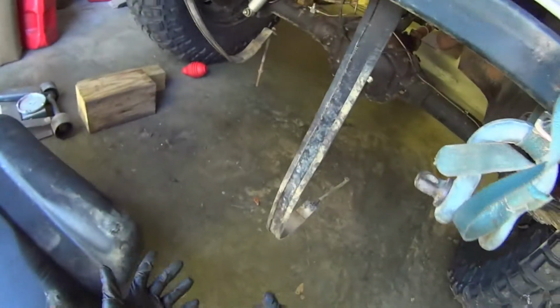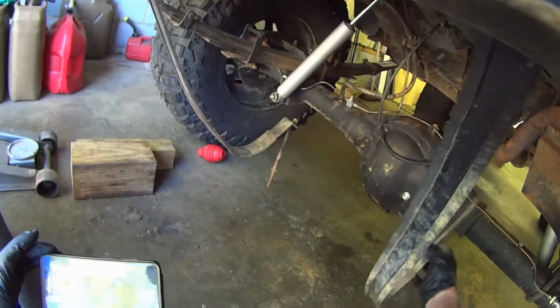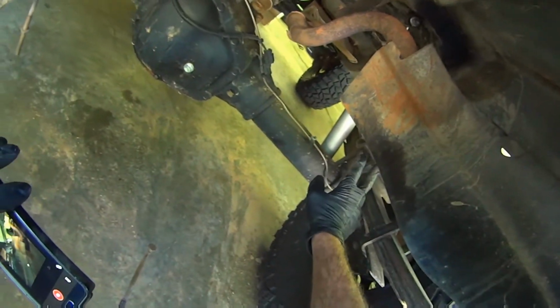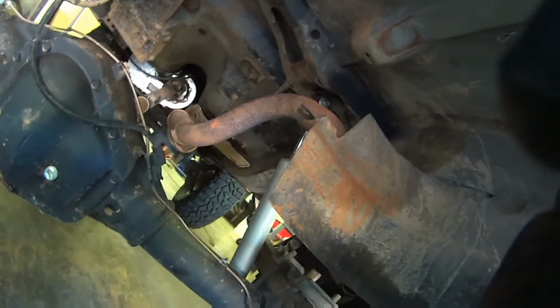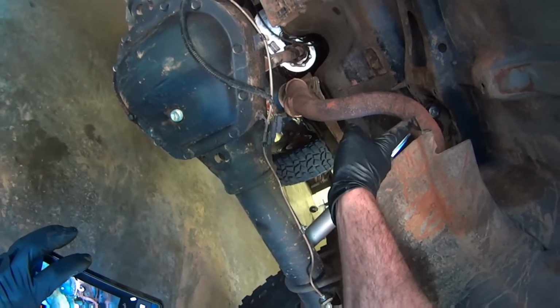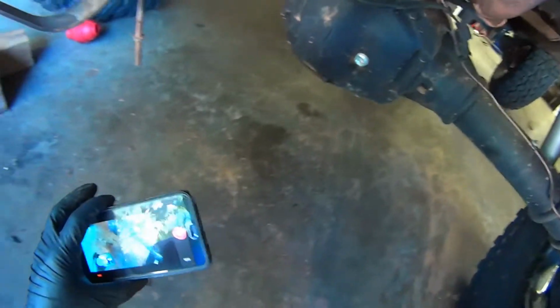When you first drop the tank, it'll be held up with these hangers here. You're just going to loosen the nuts on these hangers. The shield for the exhaust, I snipped that. I don't know if you can see that very well. I made a little snip in that to get it. There's a nut above it and a nut below it. Take the nut below it off, and I snipped a little piece of it out, and then I pulled it out of the way and took